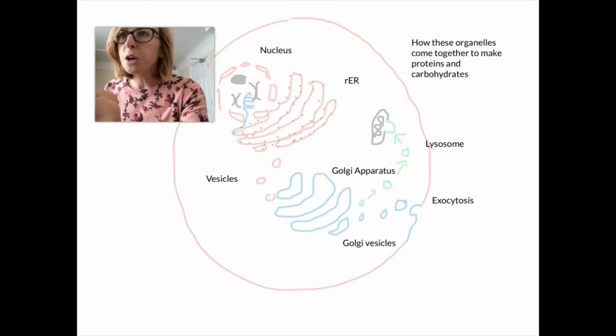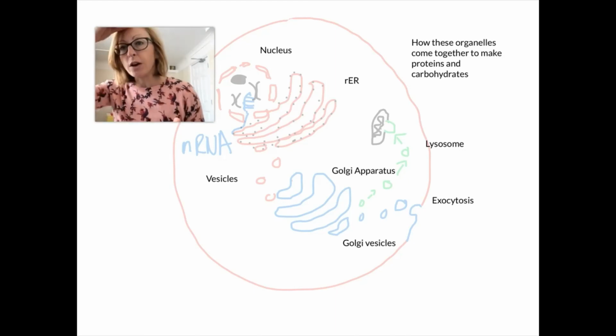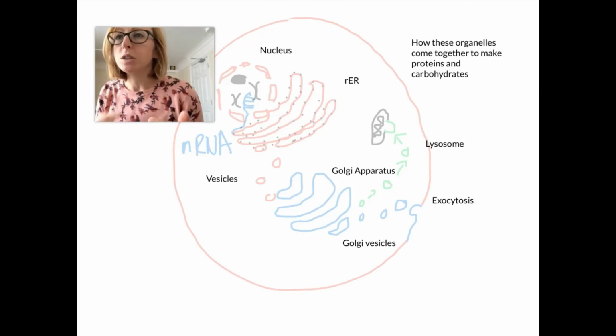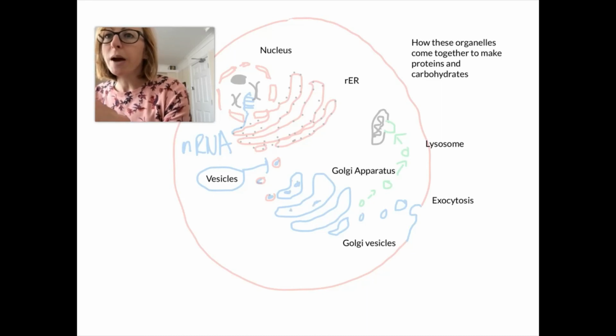Once it's attached to a ribosome, the ribosome is going to read the code on the messenger RNA, and if you remember, it's going to then translate that code into a specific sequence of amino acids joined together with the help of transfer RNA to make a polypeptide, which is a protein. Then that protein is going to be transported, as you can see here, in a vesicle. So here's a vesicle that could contain the protein inside of it. It's going to be transported and it's going to then fuse with the membrane of the Golgi apparatus, and the protein is going to enter the cisternae of the Golgi apparatus, where it's going to be processed, packaged, perhaps non-protein